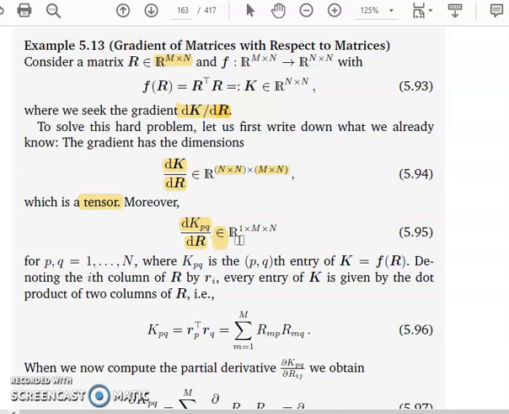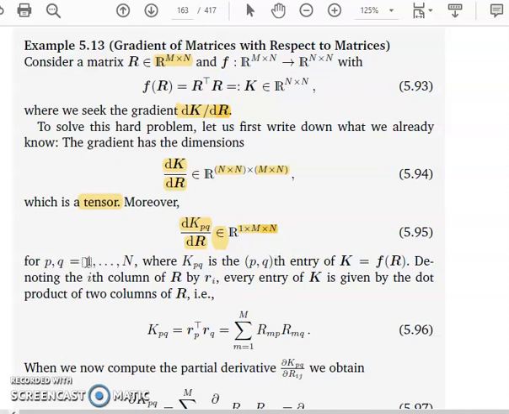So it belongs to 1, a single element. When we say dK, it means a single element. R again belongs to this dimension, that is M by N. Hence, it results in the dimension 1 by M by N.